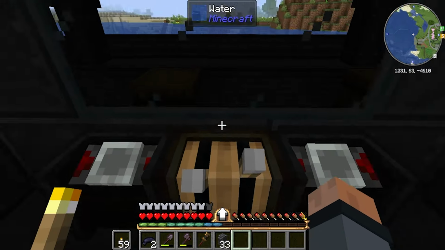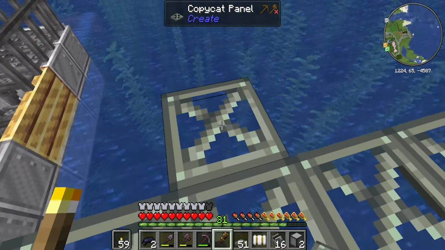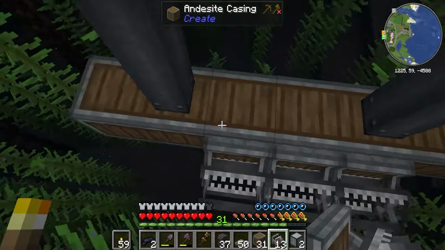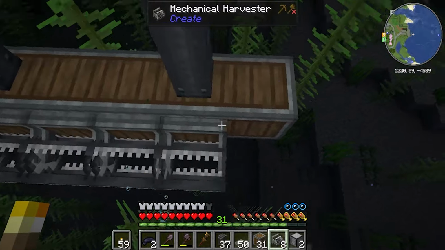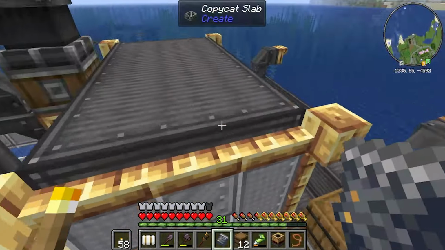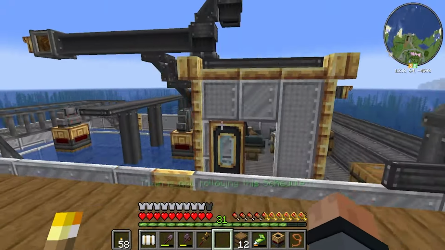Now, for the harvesters. I'm going to stretch the support to the inside of the loop and extend it all the way down into the water. The harvesters go at the bottom of the poles, and I think that should pick up all the kelp above the block that we're breaking. If not, I'll have to replace these with mechanical saws. And that's it. Now we can send the boat out to sea and wait for the kelp to get